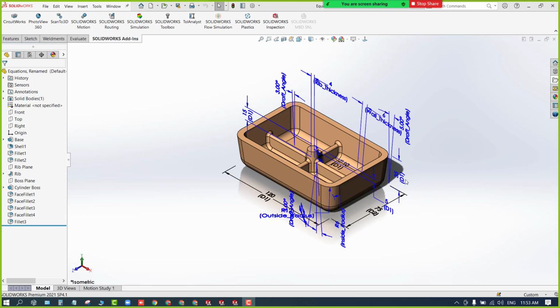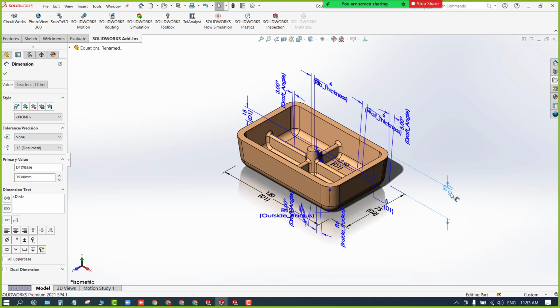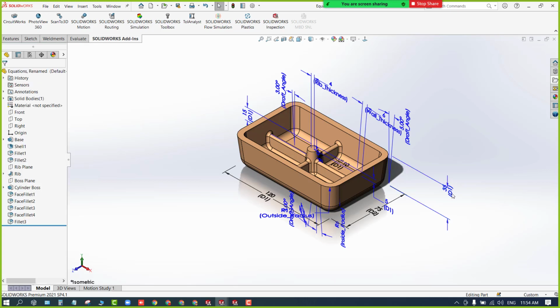Let's say here you can see this is 35 now. It is kind of height, right? It is mentioned as d1 here. I want to change it to height. What to do? Just double click on it or single click on it.